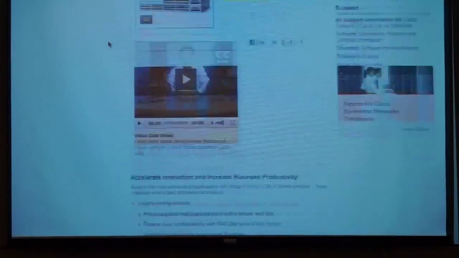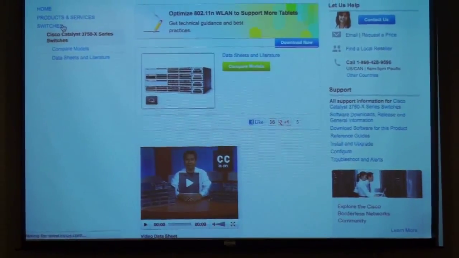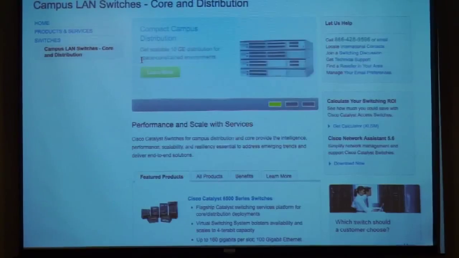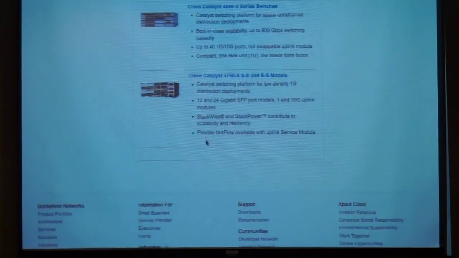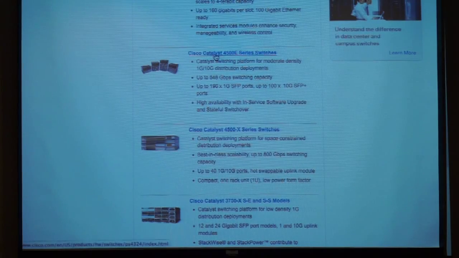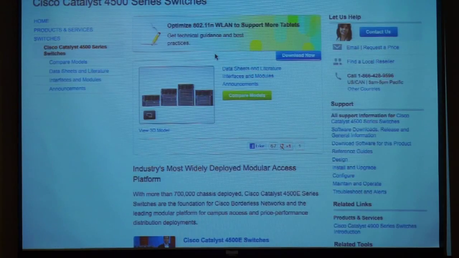Let's go back to switches. Let's look at our distribution switches. The Catalyst 4500E, the switch that I have up here. Again, it comes, and we're going to do a little math now. It comes in the